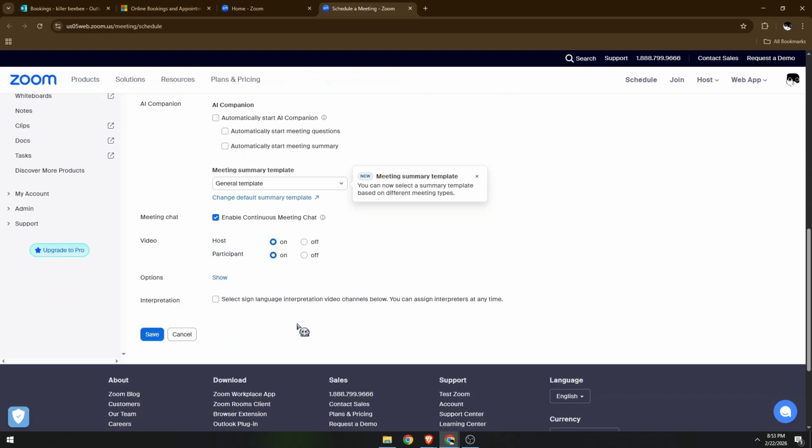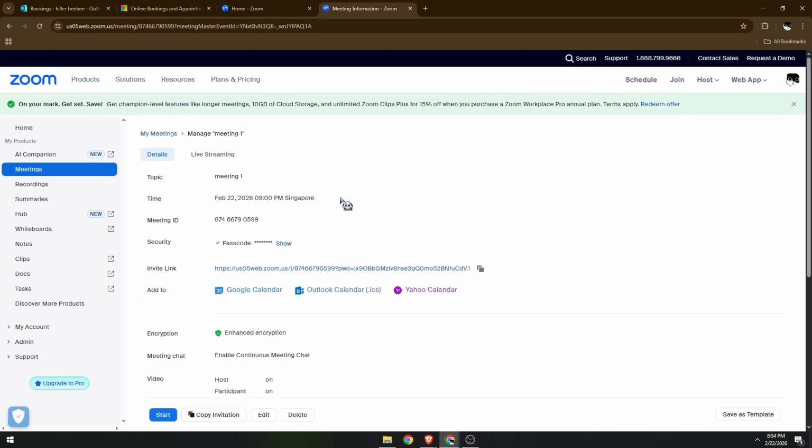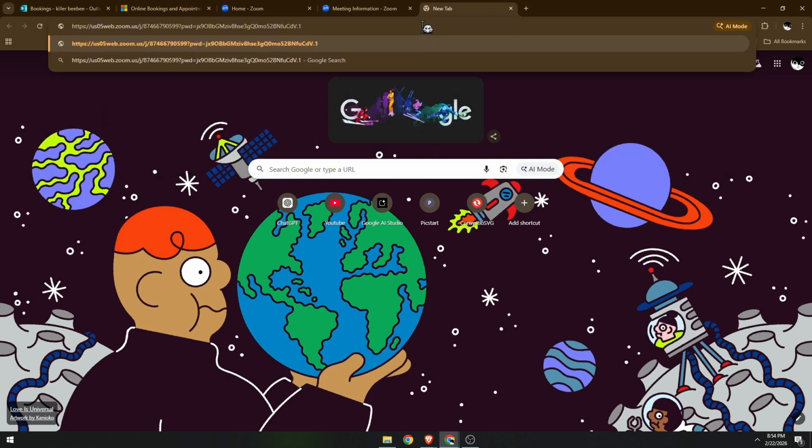Scroll down and you will see the option to click on save. Now go ahead, do that. Then you will have your invite link. Click on this icon, copy the link, and let's just say, for example, whenever your friends or coworkers press on